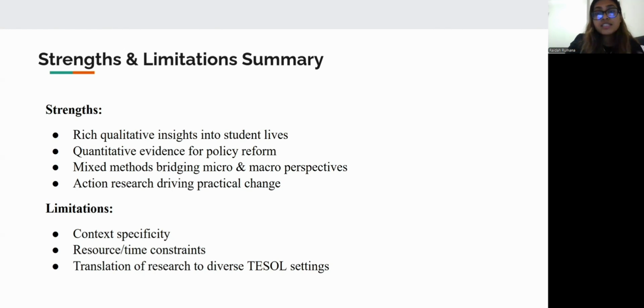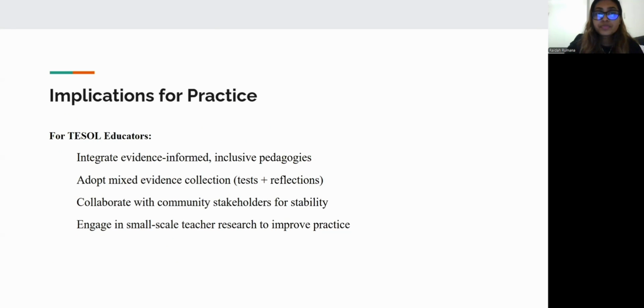However, limitations include small sample sizes, limited generalization, and difficulty translating research findings across varieties of contexts. Balancing rigor and relevance remains an ongoing challenge.